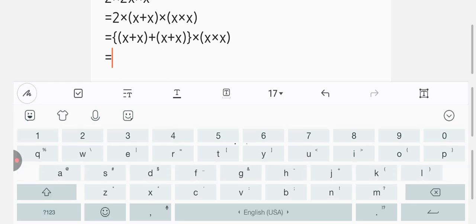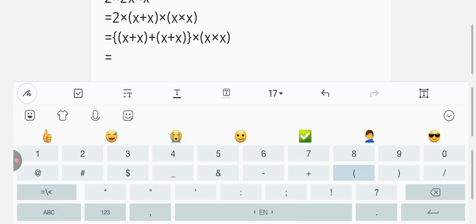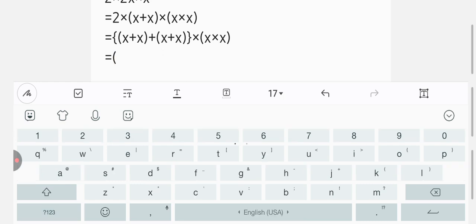Now distribute the x times x within the x plus x, and within the second bracket first we get, after distribution the brackets always get off. You will always see that after distribution the brackets get off, as it's already the answer. We already multiplied, so why do we need brackets? So now you can write it as x plus x